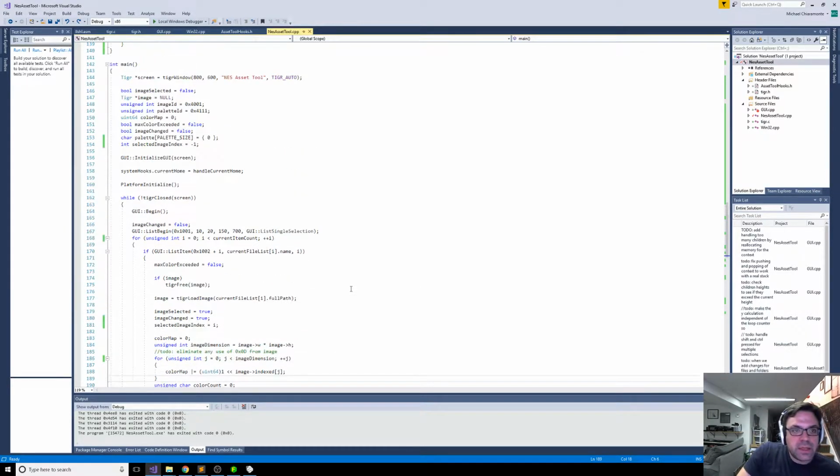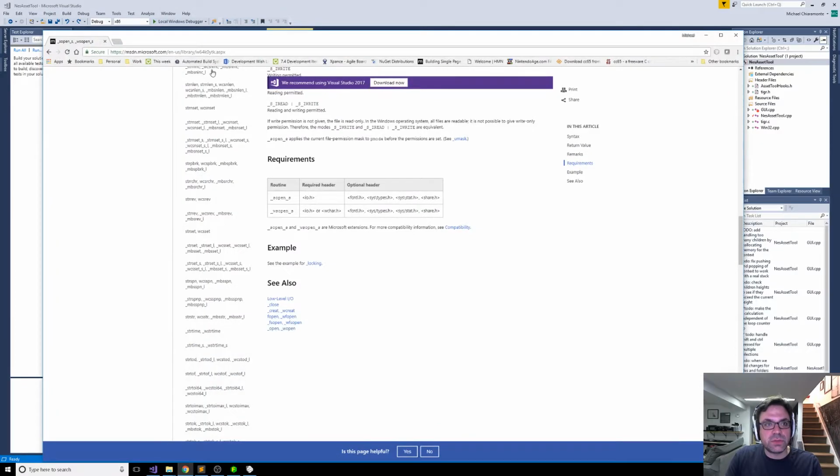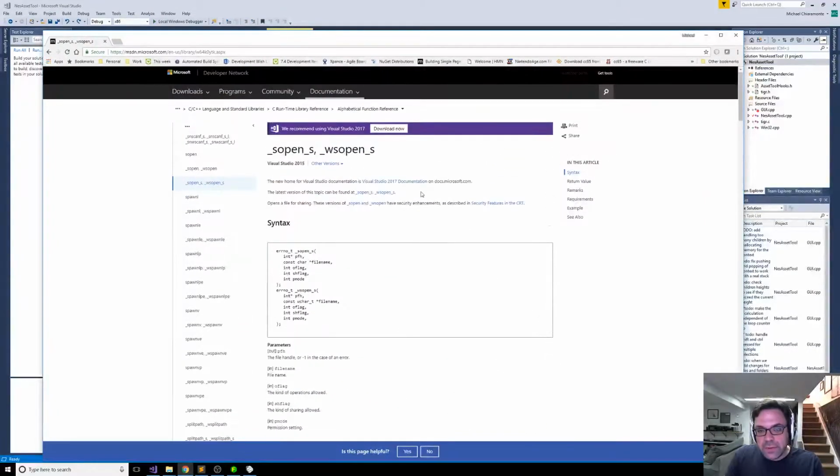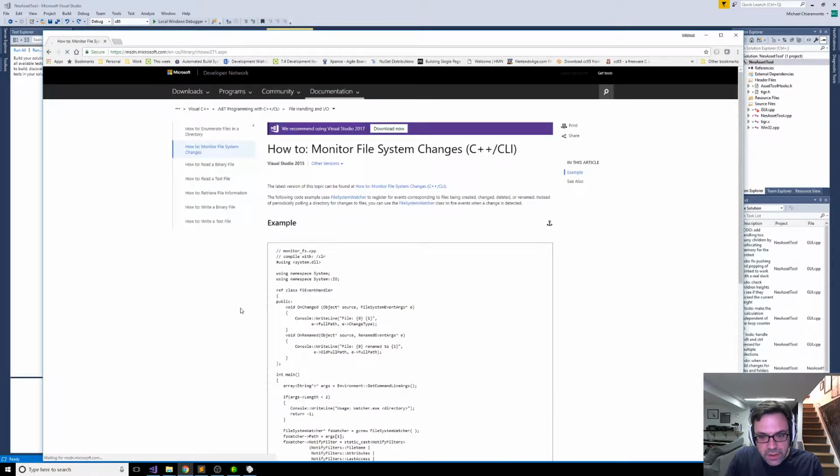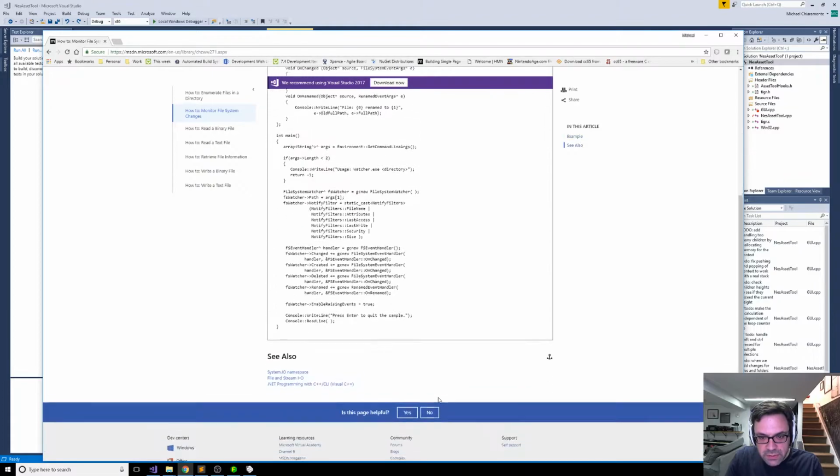What I want to handle now is the dynamic loading of the file list. So we need to do 2 things. First, we would want to get notifications from the operating system that file system changes occurred. So let me think about that. I can't remember. I think in C#, monitor file system changes in C#. There's a facility to do it. I know there's a way to do it in C++ as well, but